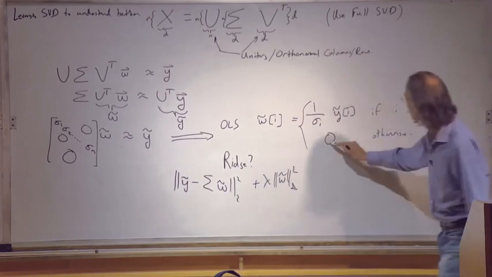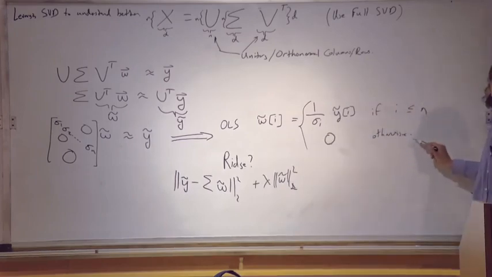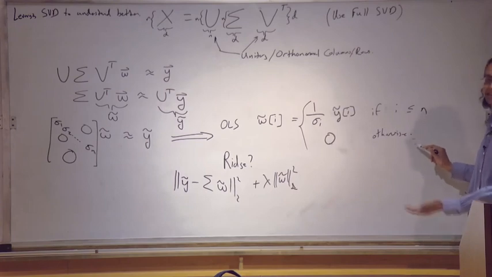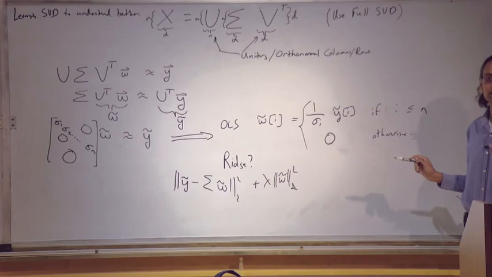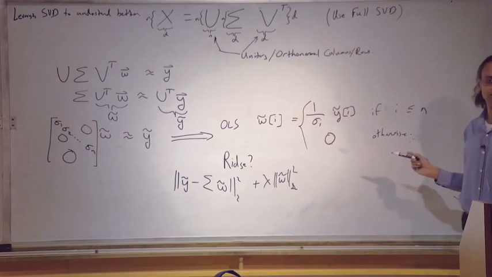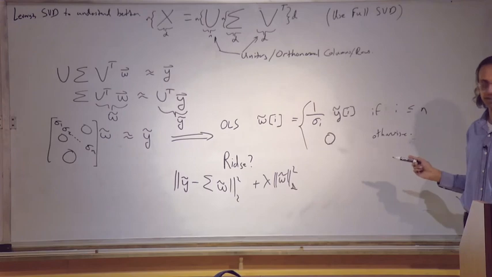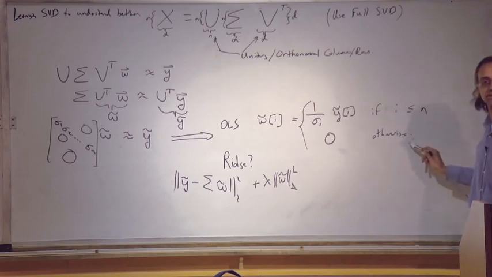Are you going to change this part at all? No, obviously not, right? These w's out here are doing no work for you at all. They don't help you reduce your residual in any way. And they cost you length, right? So you're not going to set them to anything other than 0. So this part is just unchanged. Okay? Now you have n terms